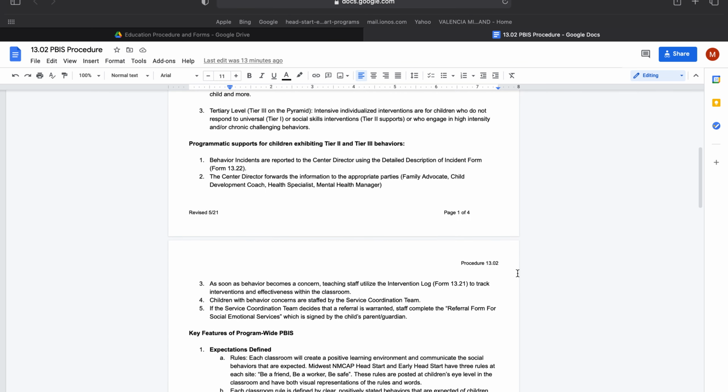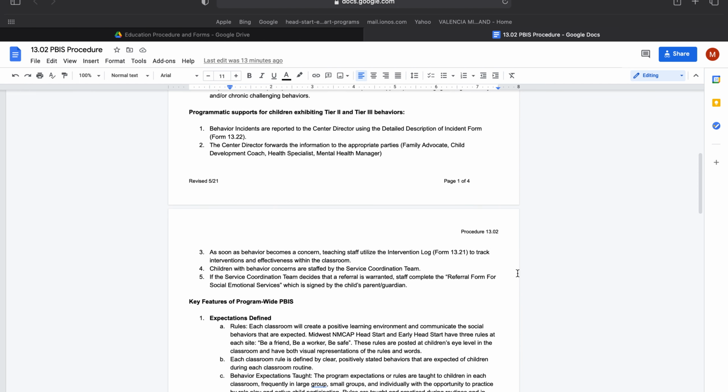The second section talks about programmatic supports for children exhibiting tier 2 and tier 3 behaviors. And so this includes the steps that teachers take when teaching teams identify persistent challenging behaviors. These steps include creating that behavior incident report that is sent to the center director. Once the center director receives